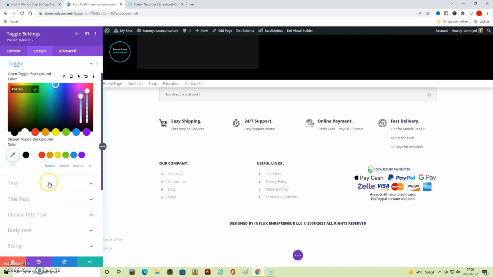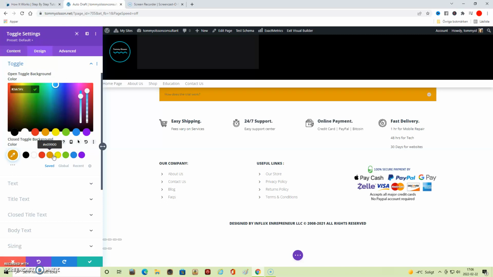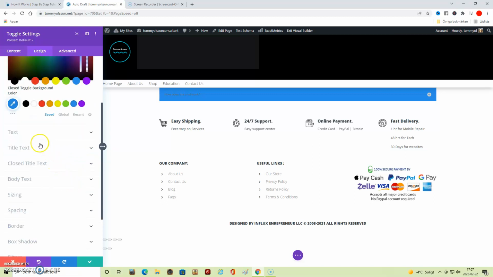And you can have a toggle background color. Maybe that one there. Okay, like that. And then you can go to text.